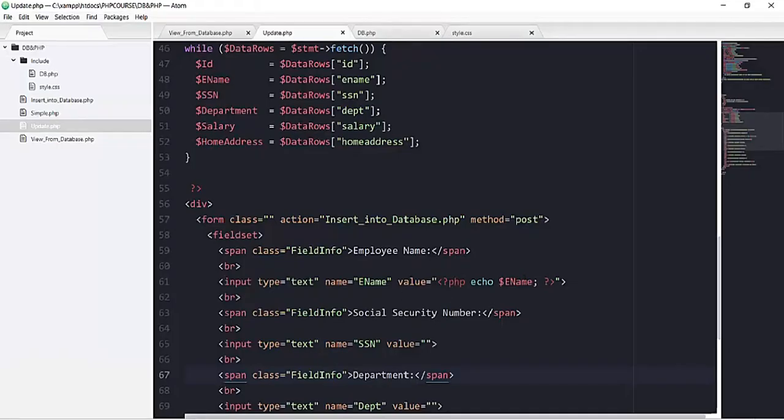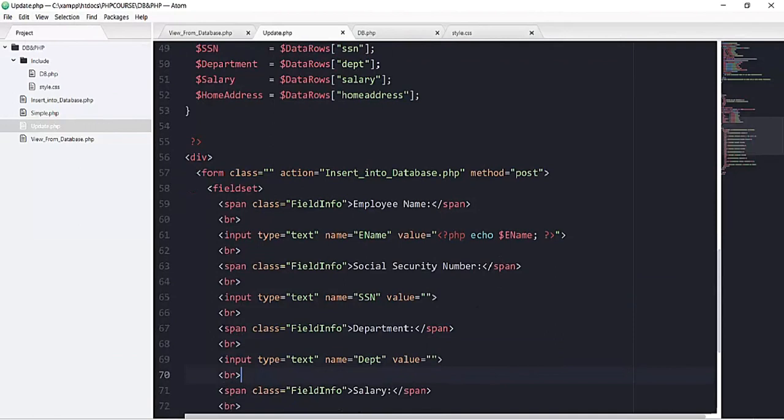We are showing this name here, so in order to see other information, you can see I have this SSN field. So in the value I will put this variable of SSN that we are fetching. So it's a two-way process. First we will show the data and then we will take care of the update.